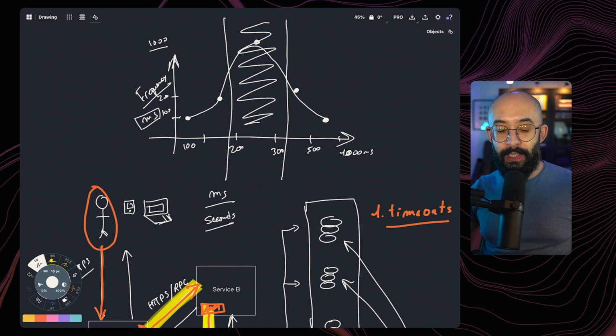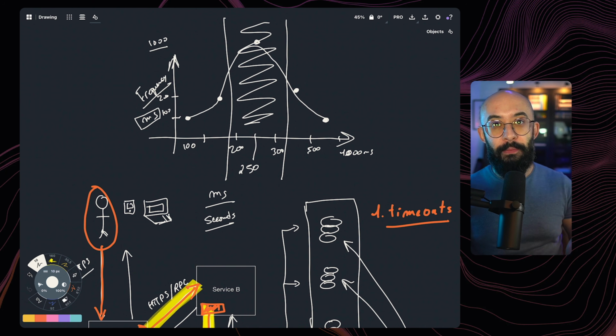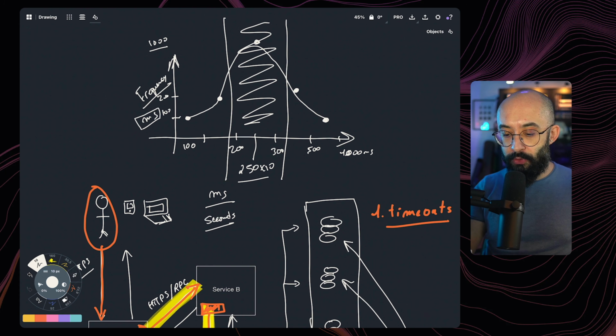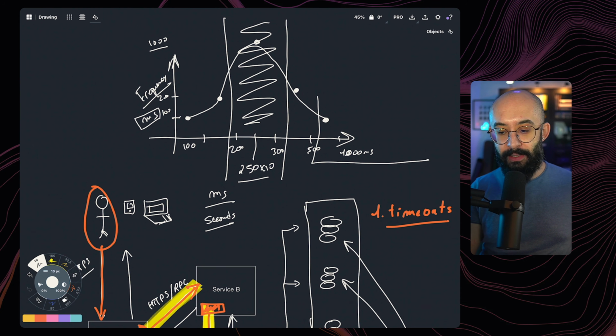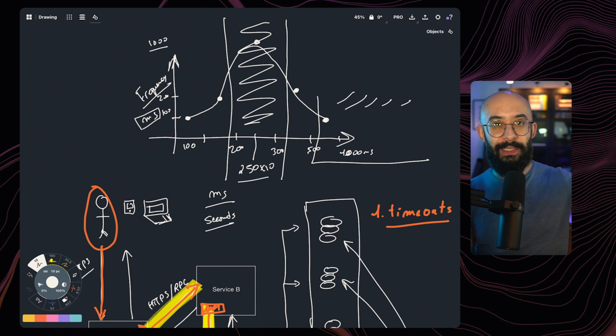So what I would do in this case is multiply this value, let's say 250, let's take the middle, by some multiplier. Maybe I would multiply it by 10, right? And what I would also look at is the amount of tail ends I have. What I care about most is how much is on this side over here. Why? Because I would want to look at what is the longest period of time a certain call makes. So let's assume that the longest we've observed over this entire experiment is, let's say, 2 seconds.